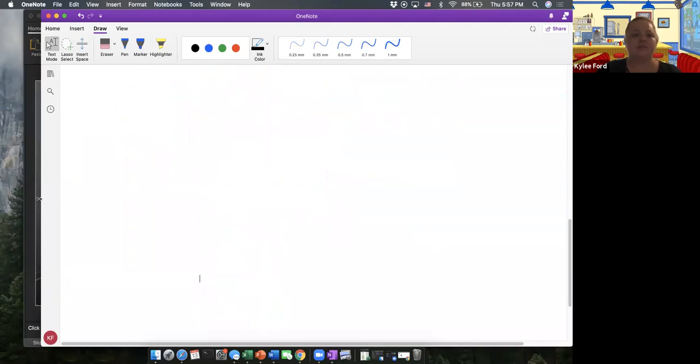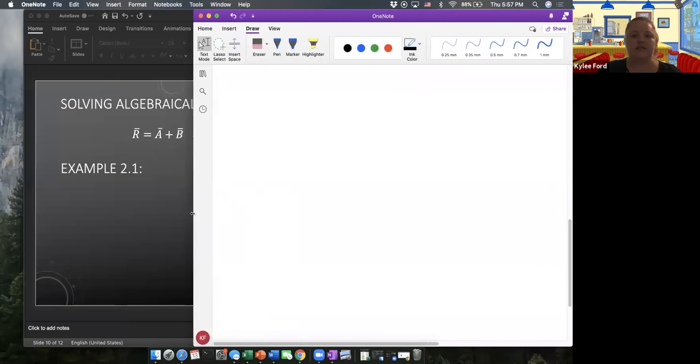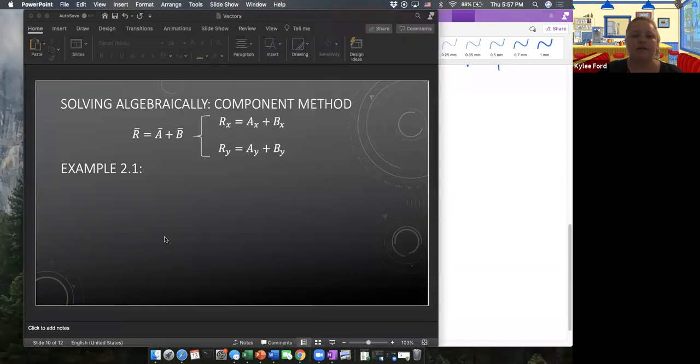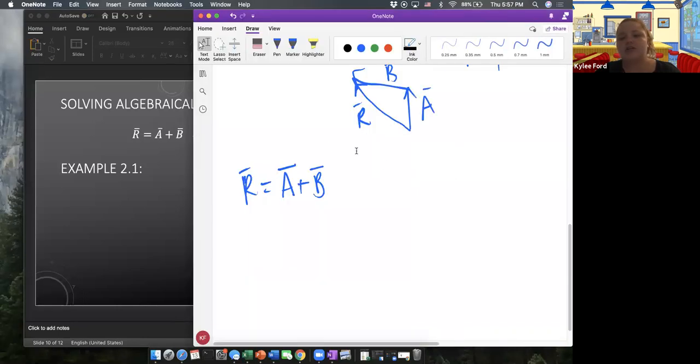Okay, I have to have a nice clean slate here. Okay, so again we have R equals A plus B. I'm sorry for my handwriting, it's kind of terrible here. But now notice that we can break these down. So remember that each time